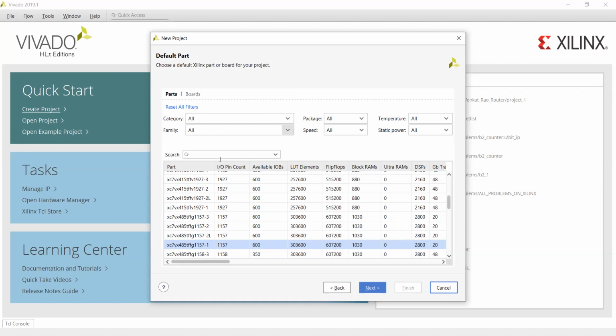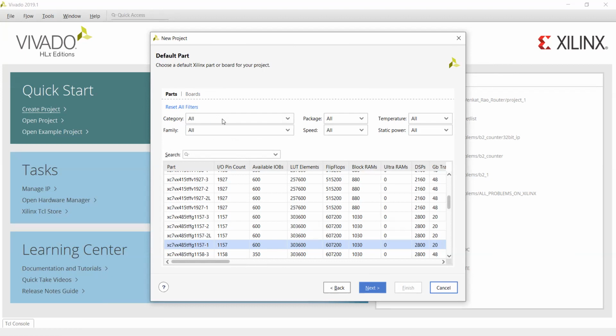You want to identify these factors to target your device, or technology. Here the technology is nothing but your FPGA.